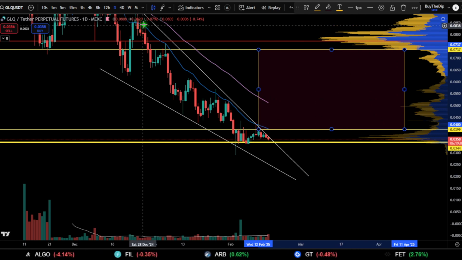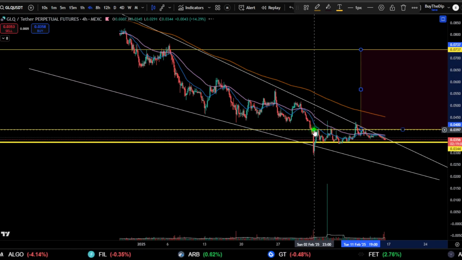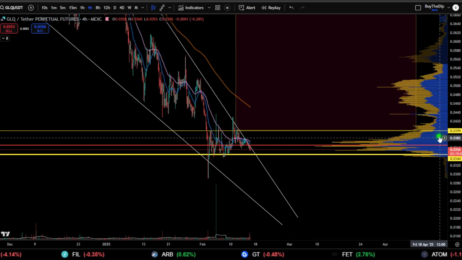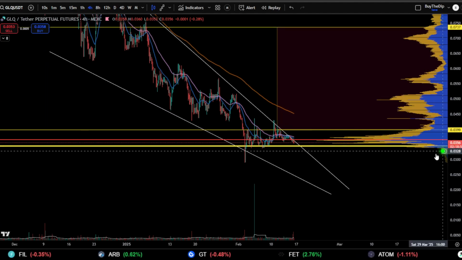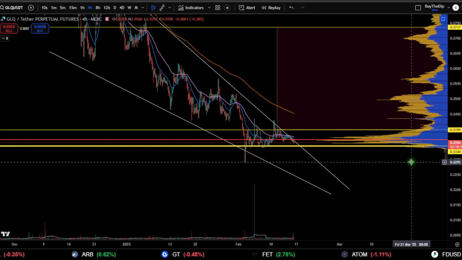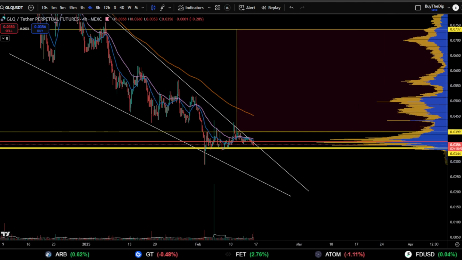Now, another thing that I really want to look at is the 4-hour, because we can analyze this in a little bit more detail as far as what kind of market structure we want to see here to insinuate that we're shifting to the upside. So a pivot point structure, that's basically it.